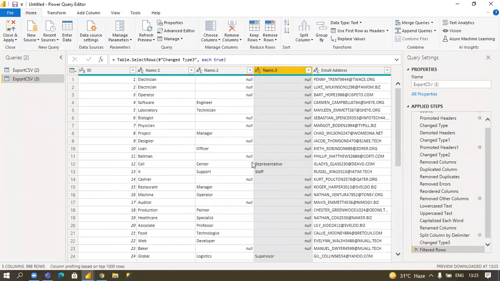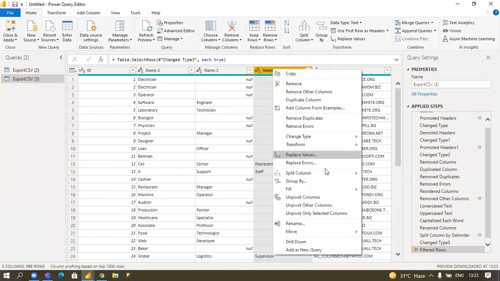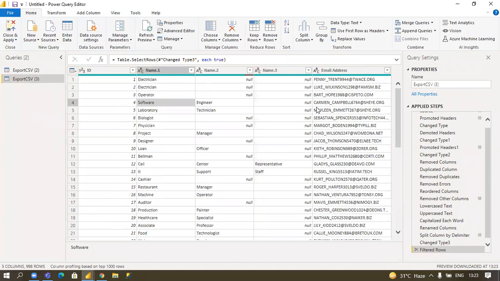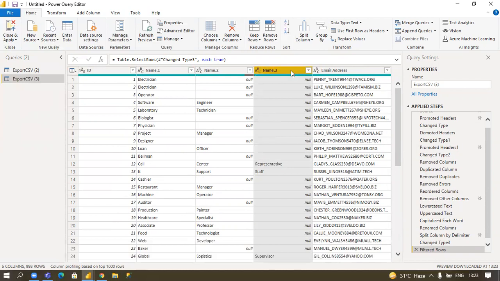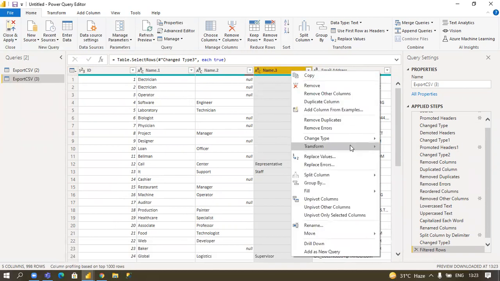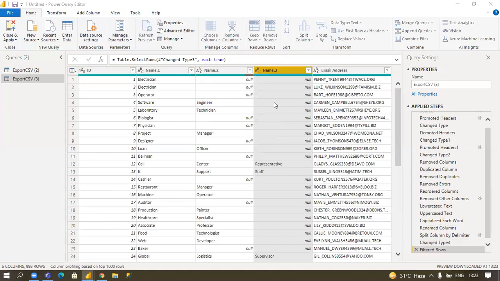Again I right click on this option, and I want to replace something. Suppose I don't want a null here in a blank cell, I want something else. I will right click and click on replace value.